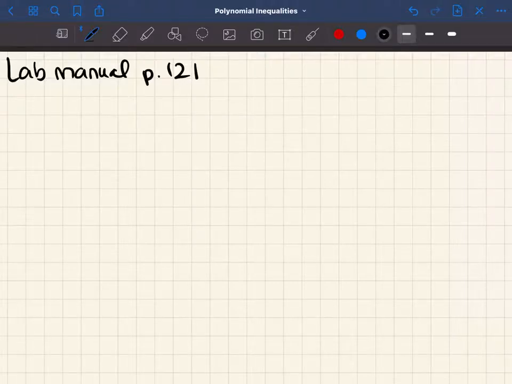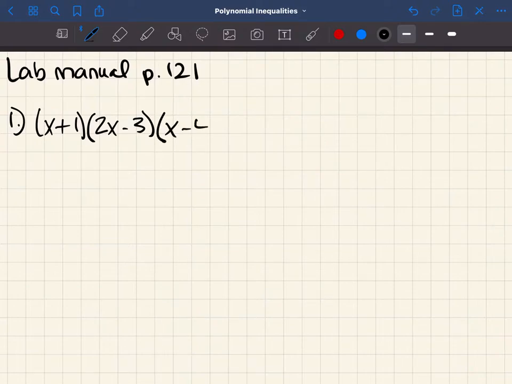All right, if you would turn to page 121 in your lab manual, I would like to go through a few examples that we have listed in there. Let's start with problem number 1. In problem number 1, we have x plus 1 times 2x minus 3 times x minus 4, and that is